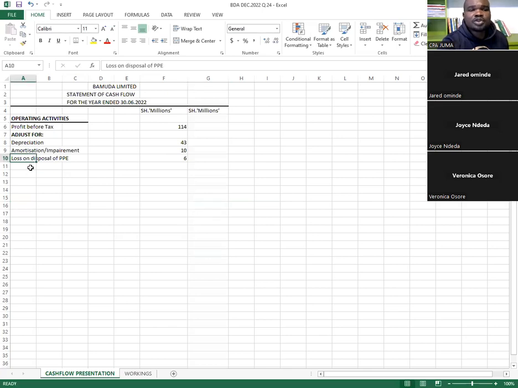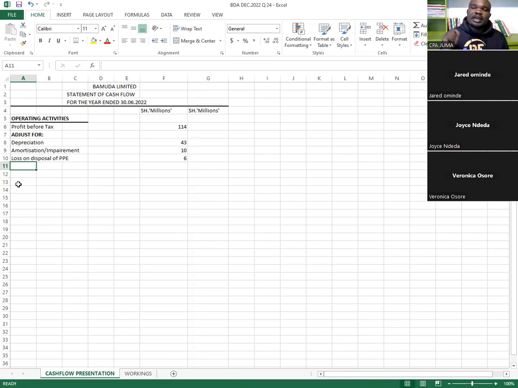So loss on disposal you add, and I did explain when we were starting why we add the loss. It must have been subtracted. In fact, they said it is administrative, but you see that it's not an operating expense. So you add it back. So it is all about depreciation, impairment, loss. If it was a gain, you subtract. Once you are done with that,